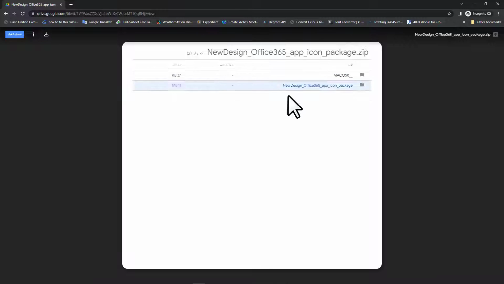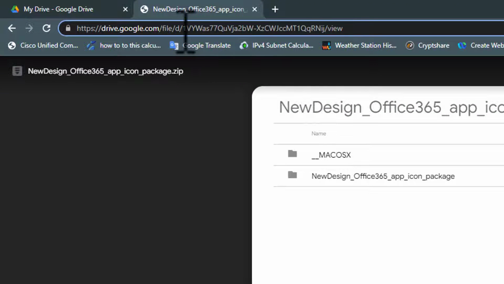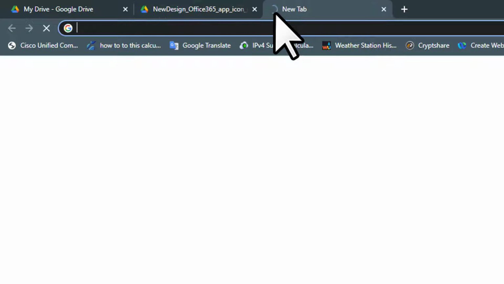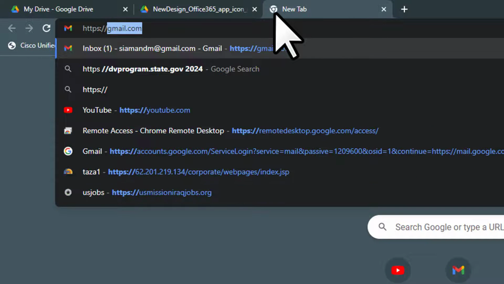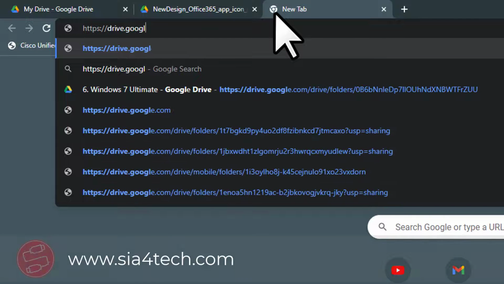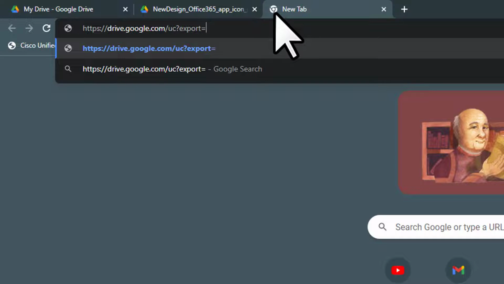But if you want to direct download, you have to have this ID and put it in another link, which I will show you now. In order to create the shareable downloadable link, let me open a new page and write https://drive.google.com/uc?export=download&id=, and after the equals sign you have to write the ID